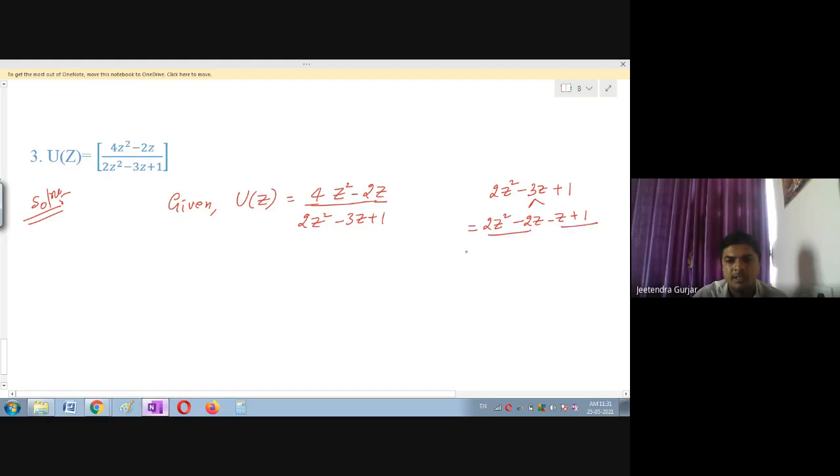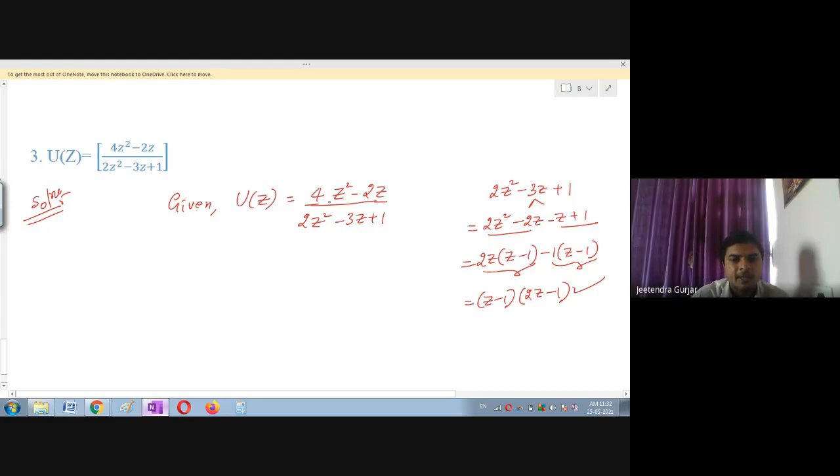Okay. So from this and this I will take out common. From the first term, there it is 2z, I will take it outside. So what is remaining here? z minus 1 is remaining. Whereas in the next term it is minus 1, I will take outside, so that this will be z minus 1, students. From this part and from this part, you can see this is z minus 1 I can take outside. So what is remaining here? 2z minus 1 is remaining. So like this you have to split the equation, students. Is it clear?